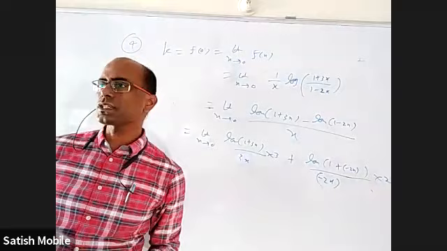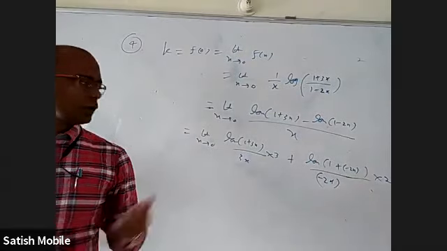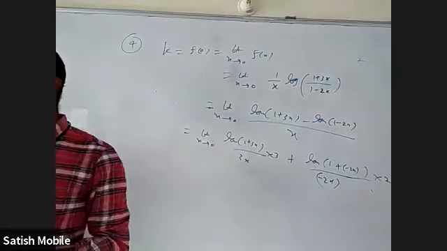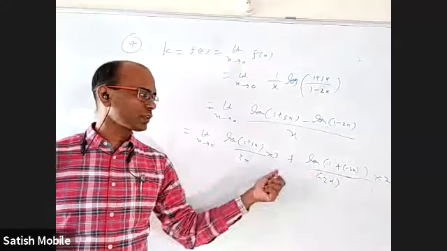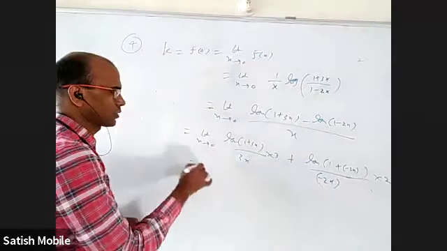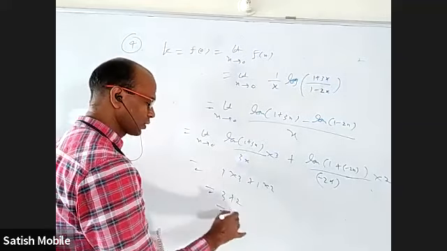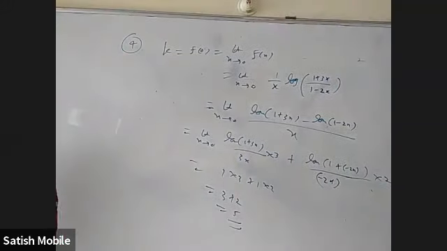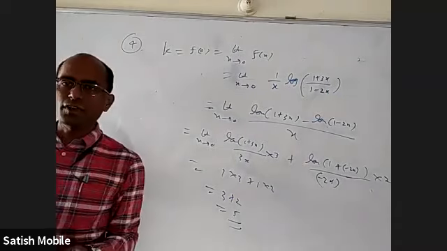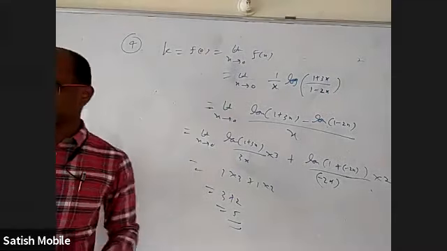Why am I doing all this? Log(1+x)/x limit is 1. This is 1, this is 3, 1 into 3. This is 1, this is 2, 1 into 2. That's it. 1 into 3 plus 1 into 2, 3 plus 2 is equal to 5. Okay. So log(1+x)/x, that is the formula, but that different ways it can be asked like this.